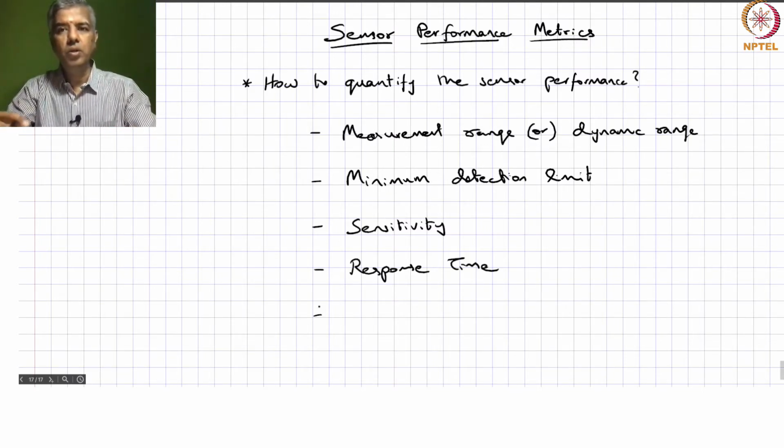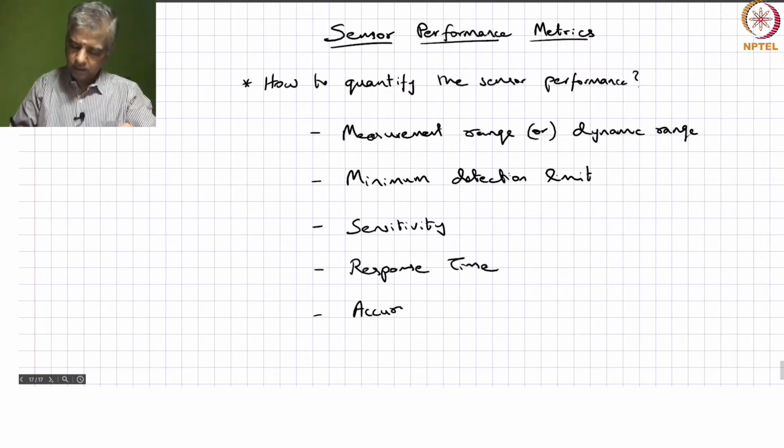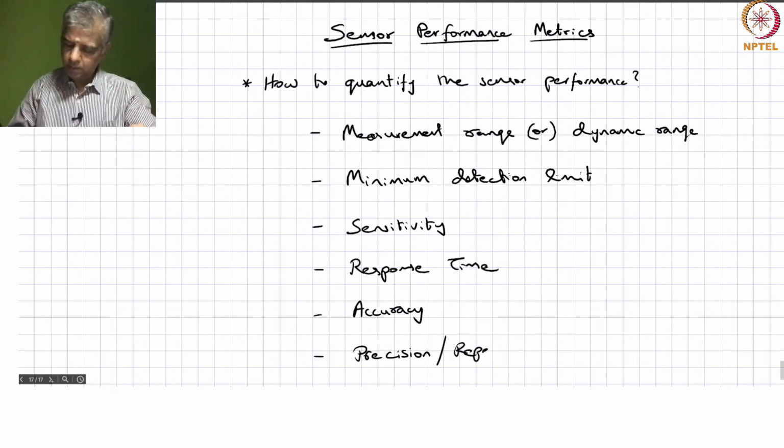Okay, so how do you quantify that uncertainty? Then you start thinking about things like accuracy, and then you talk about precision or repeatability,